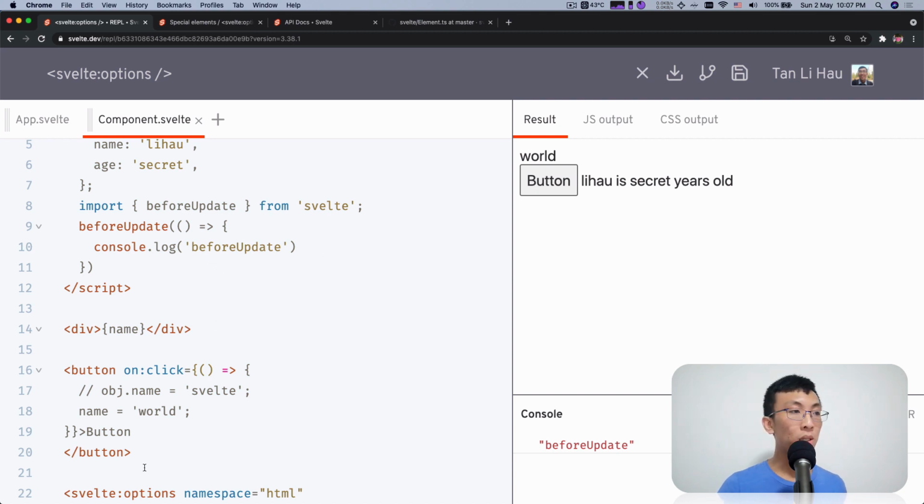being logged out. If you change this to world 2, when you click, you see that beforeUpdate is being called 2 times, right? The first time is when we mount this component. The second time is when you click on the button. But if you change back to the same value, nothing has happened. Why? Because right after you do an assign, and before Svelte